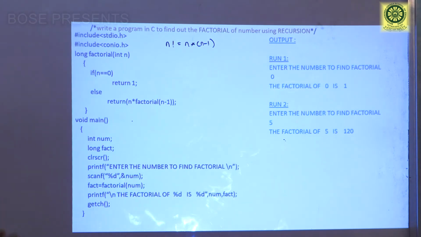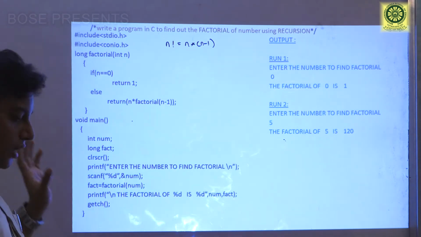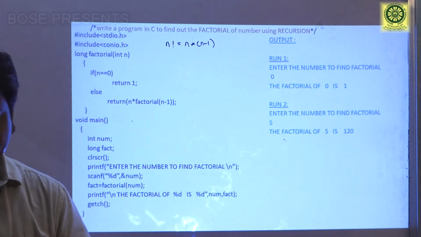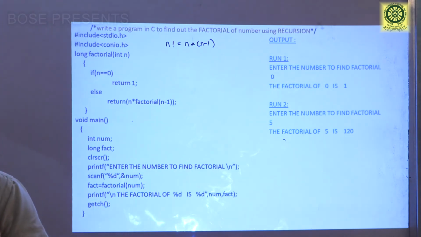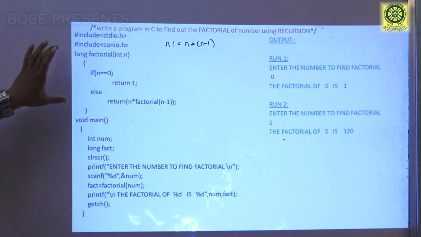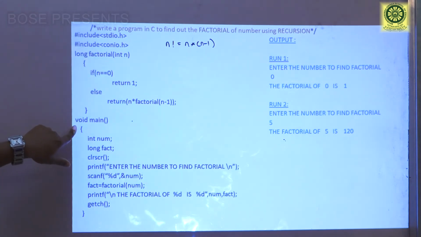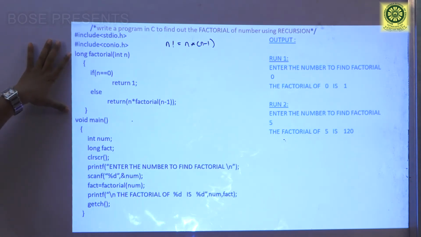As I told you, a user function can be defined before or after the main function. Here I have defined the user function whose name is factorial before the main function, to avoid the function prototype.